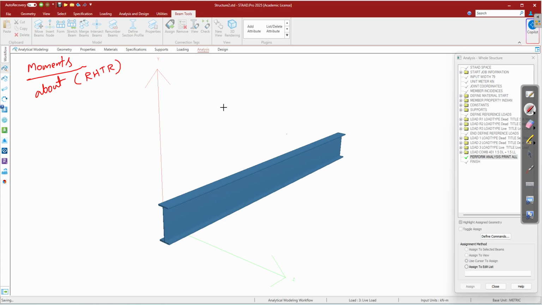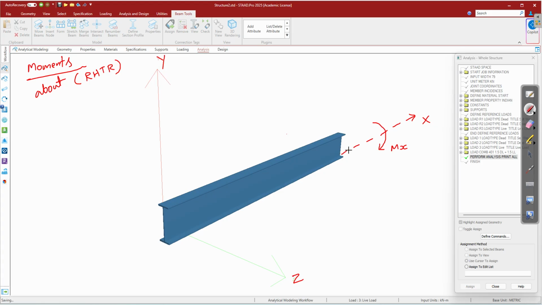This is your axis Z, this is your y axis, and this is your x axis along length. Whenever I say mx, which means moment about x,